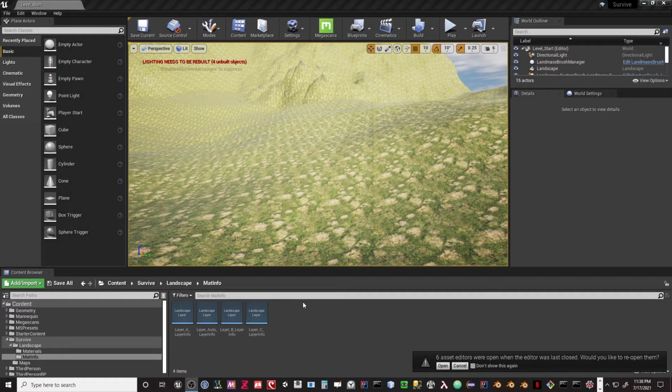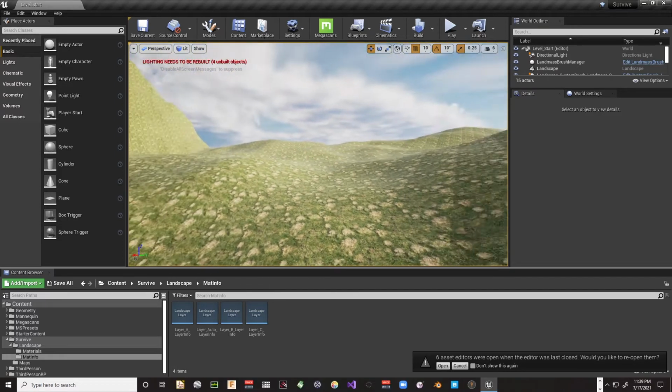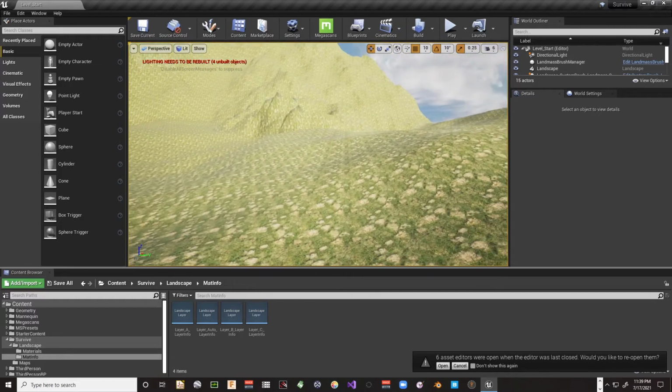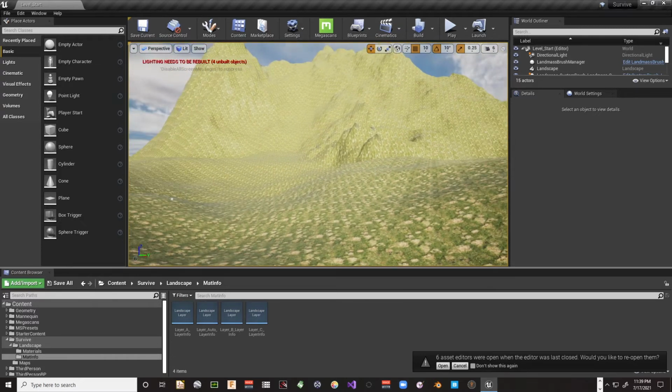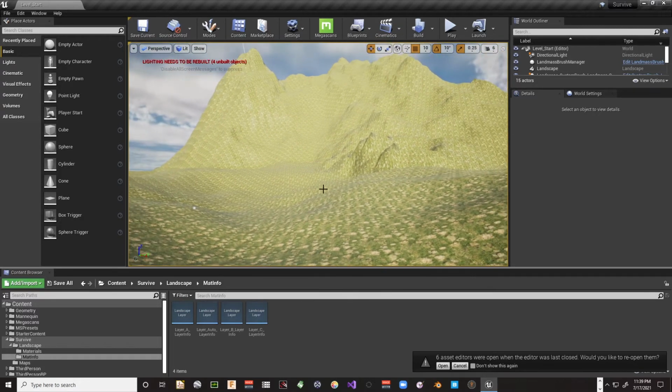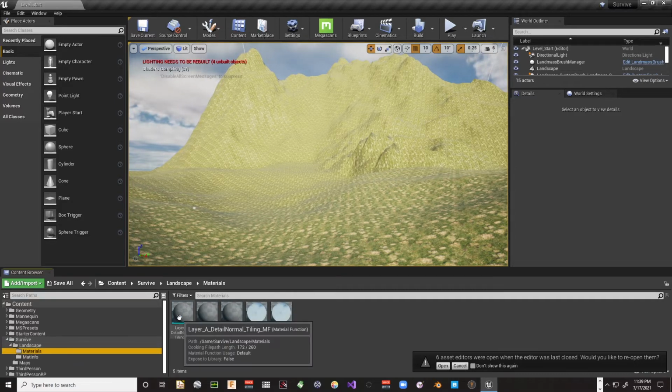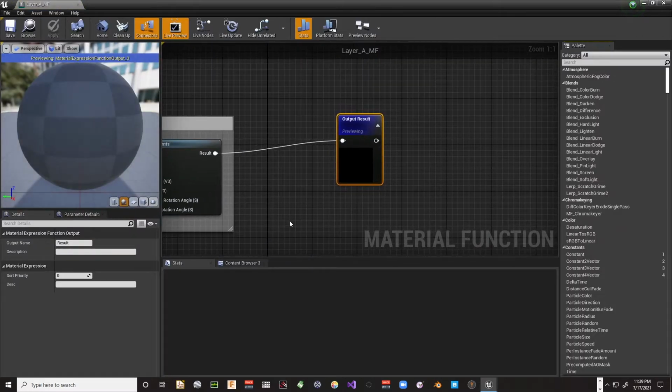To Lightning Programming. In the last video, we got this basic layer, first layer texture laid in, the basic nodes. Now we're going to start fine-tuning this to make it look good, because it looks pretty crappy right now, and we certainly want it to look good. So here in our materials, we're going to open up our layer A material function,